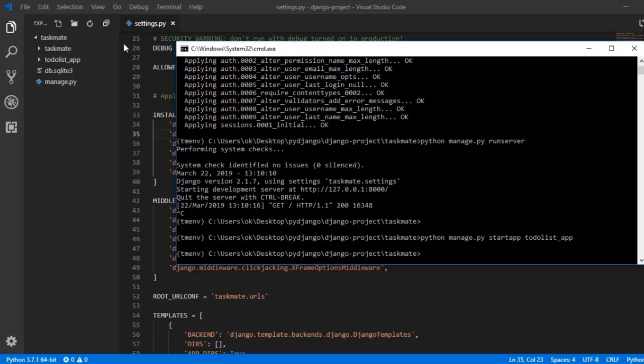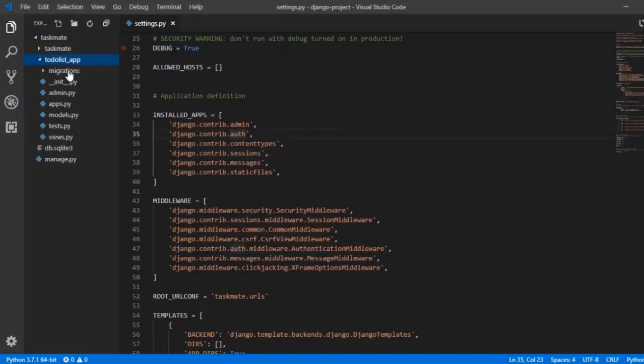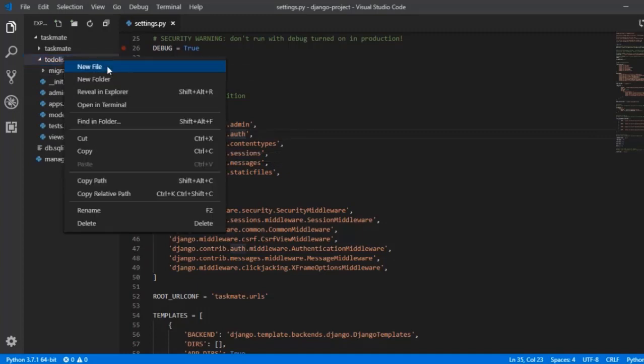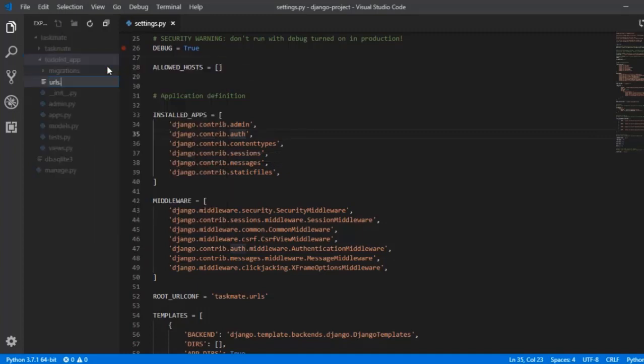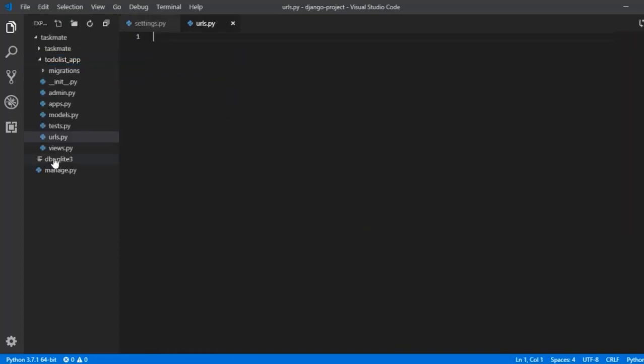Now if you check out the background, you see we have created our first application and we have a number of files inside this particular app. Now if you remember during our flow I talked about model, view, templates. So at the moment you can see model, view. Now we need to create a URL file also. Create a new file and call it urls.py. Leave it as it is.